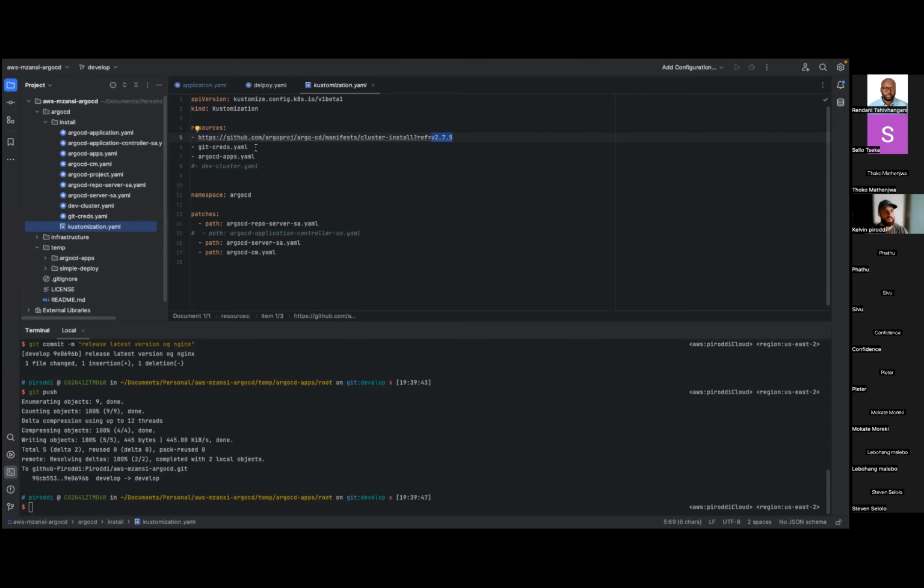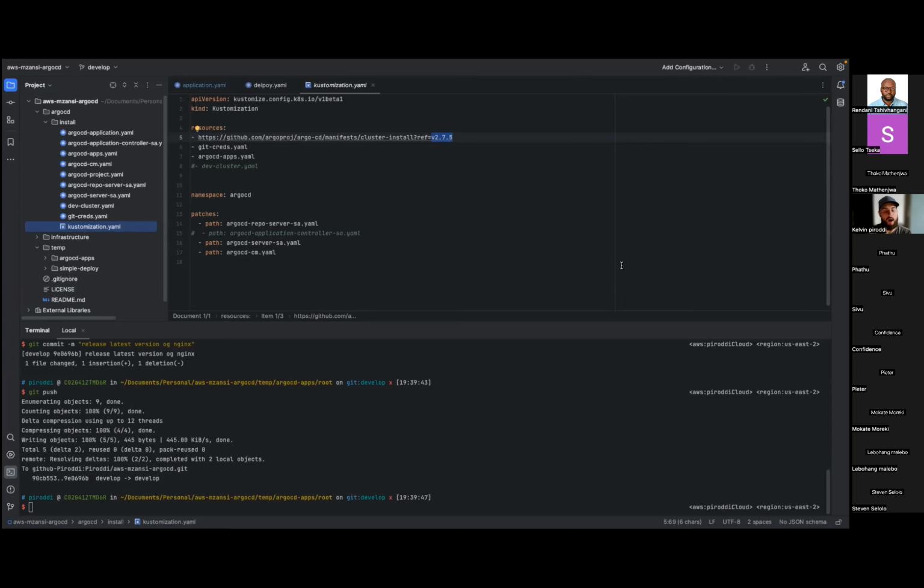100%. So obviously I won't show the Git credential file now because I've got my Git credentials in, but yes, in an ideal world, you would not want to store your credentials in Git. And there's a variety of ways of doing this. So depending on what your file is, so you can see I'm using Kustomize. So you can encrypt your file. So this Git thing, you can encrypt it with anything.